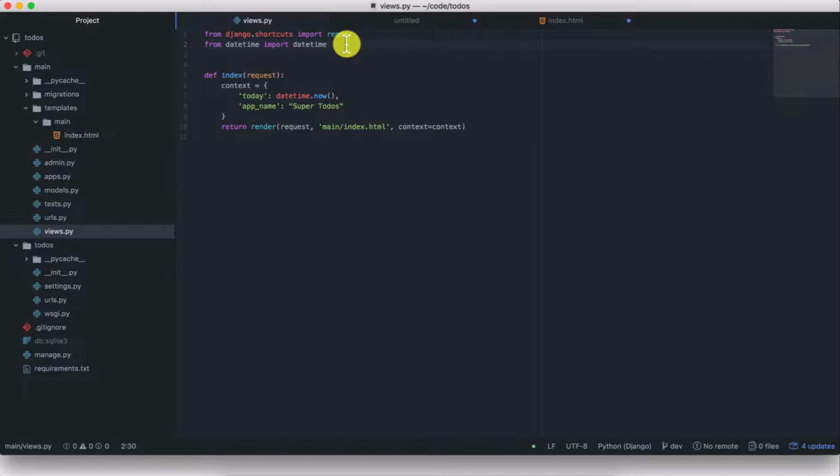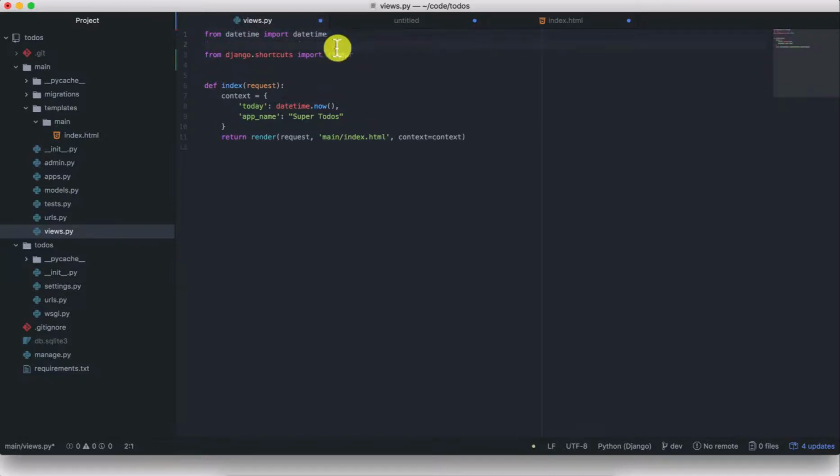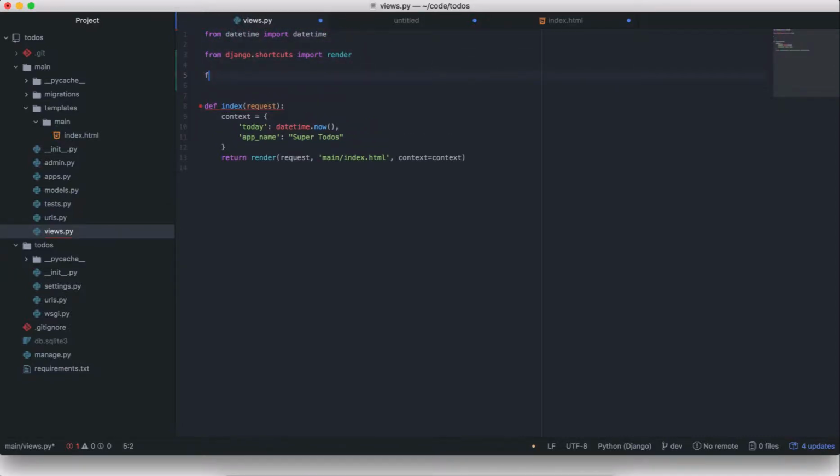So let's import the to-do model from the models file. That will be from .models import Todo,